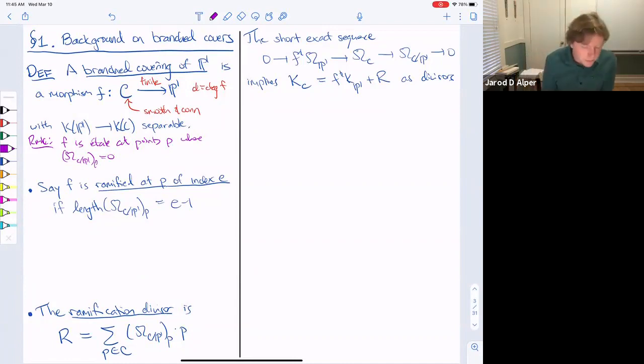And so this relative sheaf of differentials controls where the map is not étale, namely where it's ramified. And we say that F is ramified at a point P of index E if the length of the localization of the sheaf of differentials at P is E minus 1. Right, an example to keep in mind,